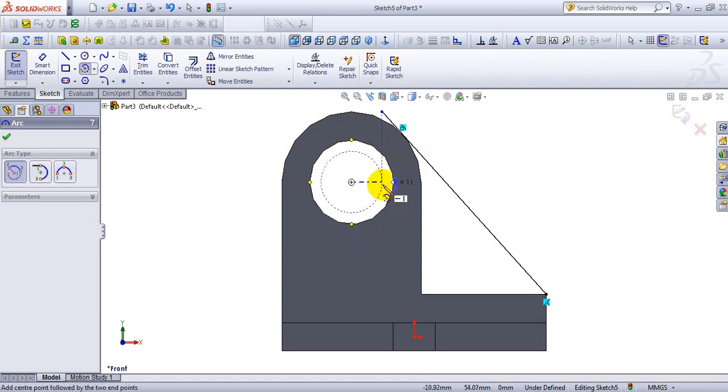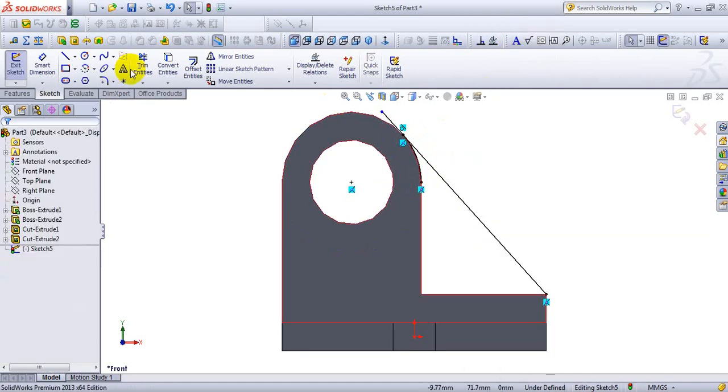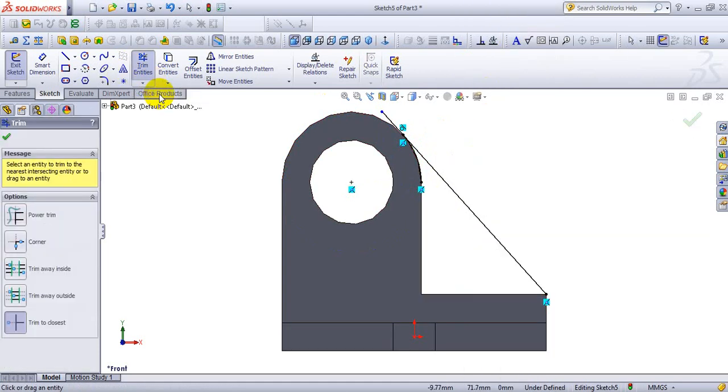Click on this horizontally up to radius 25. Click here. Next move the cursor upward. So exactly on the tangent it will meet. Just click it. Now select trim entities, trim this extra line and again this arc.